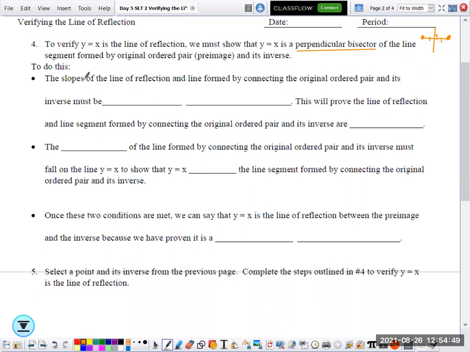If we're going to do this algebraically, we are going to use the slopes, because the slopes of perpendicular lines have a special relationship. The slopes of the line of reflection and the line formed by connecting the original ordered pair and its inverse must be, and then there are 2 words. Sit there and think for a second, what 2 words are we going to put on those lines? If I find the slope of the perpendicular bisector and the slope of the line segment, these 2 slopes must be negative